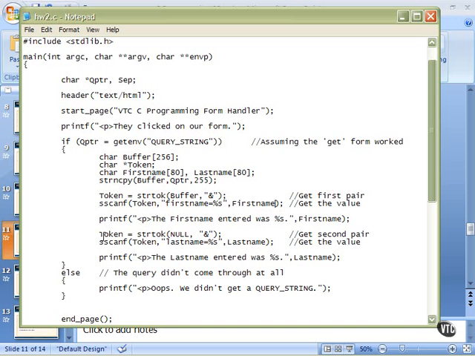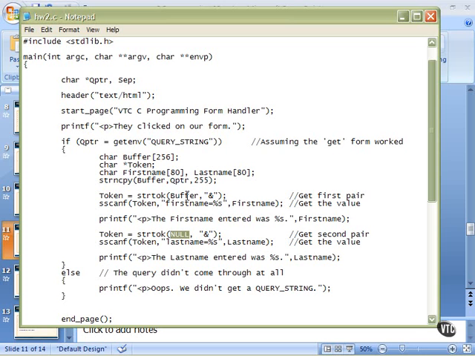Then we'd make a new call to string token. Now string token understands that it's working its way through this buffer looking for ampersands and assigning information that's in that buffer to token. So this time we don't need to tell it where buffer is, or it will start over again and it will clear what it already knows. So we send it null, the special form for total 0, a null pointer,